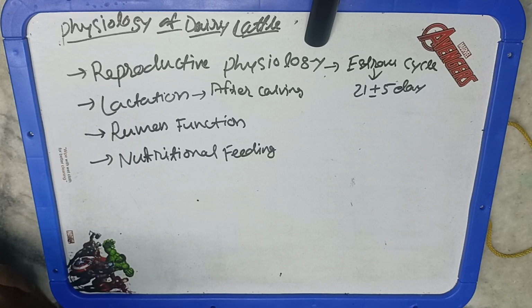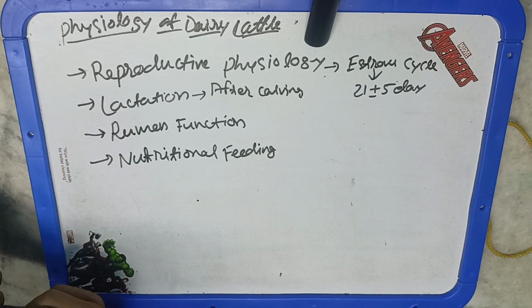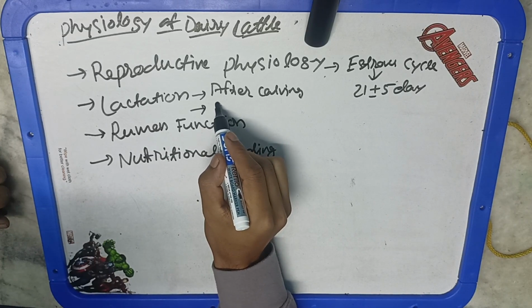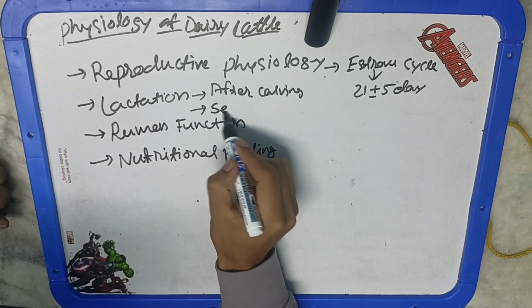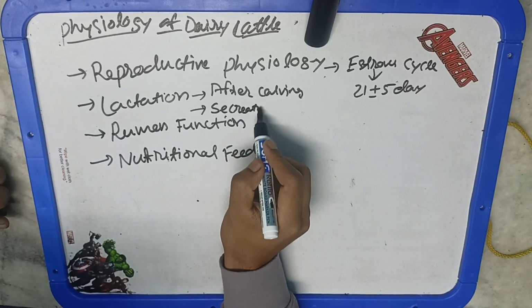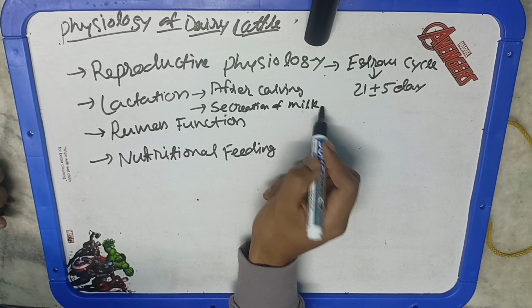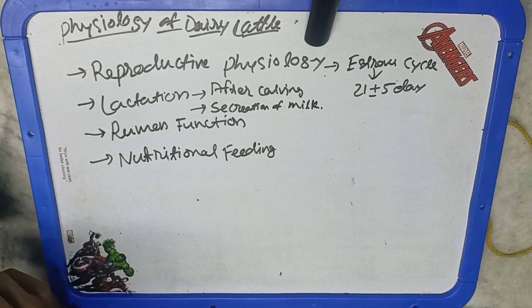The cow udder is the part of the animal where the milk is stored. It continuously synthesizes and secretes milk. Hormones like prolactin and oxytocin play a crucial role in milk production and letdown. So prolactin is for production, oxytocin for milk letdown. This is very important. Many a time you have seen questions on this in the examination.